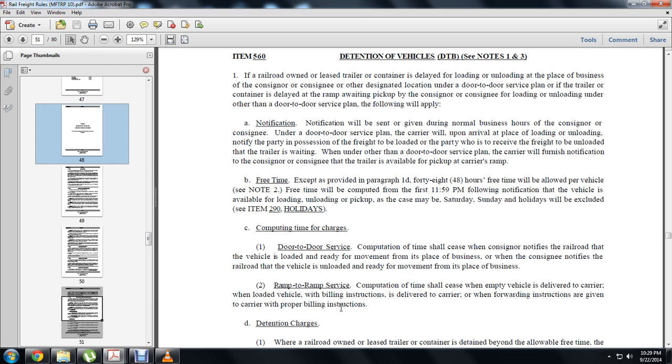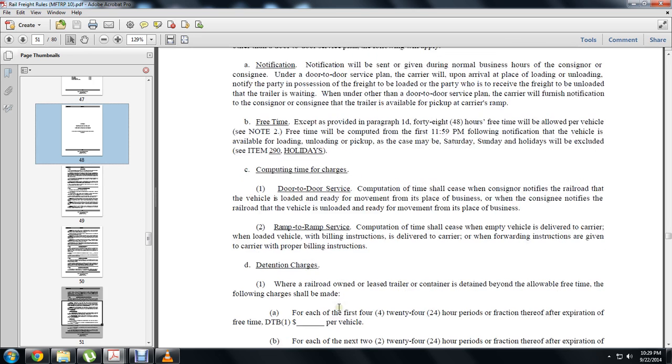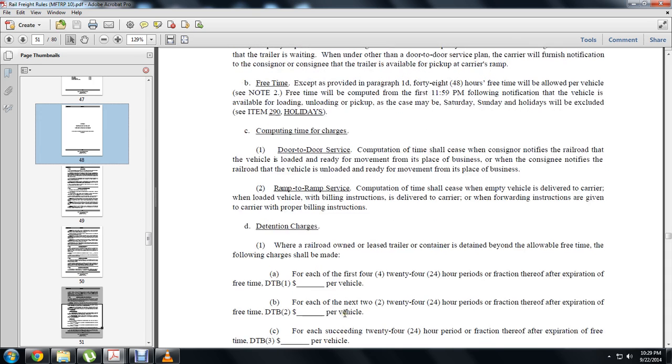when the empty vehicle is delivered to the carrier, when a loaded vehicle with billing instructions is delivered to the carrier, or when the forwarding instructions and proper billing instructions are given to the carrier. Detention charges: when the railroad-owned or leased trailer or container is detained beyond the allowable free time, the following charges shall be made for each of the first four 24-hour periods after expiration of the free time, DTB, per vehicle, and dollars per vehicle for each next 24-hour period